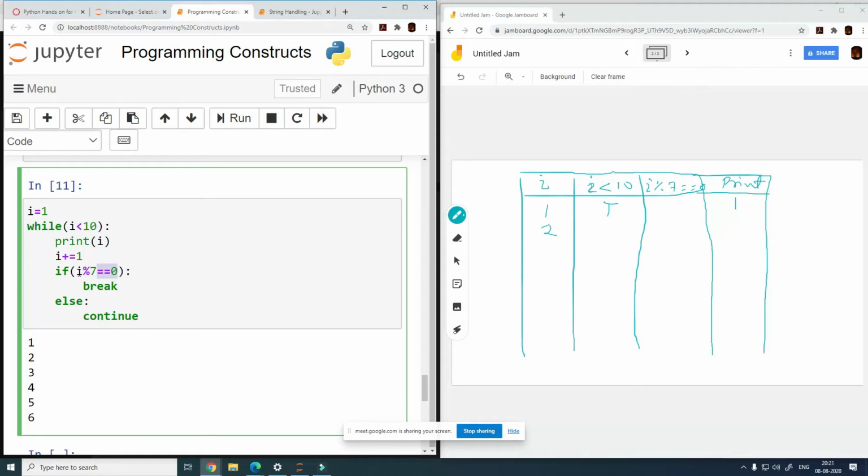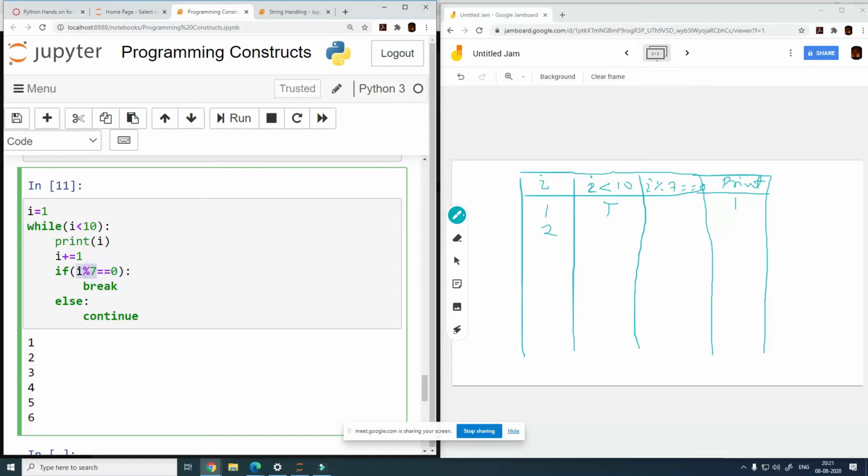So in a sense, we are trying to see if the number is divisible by 7 or not, right? This is only going to be true when the number is divisible by 7. If the number is not divisible, the remainder is not going to be 0.